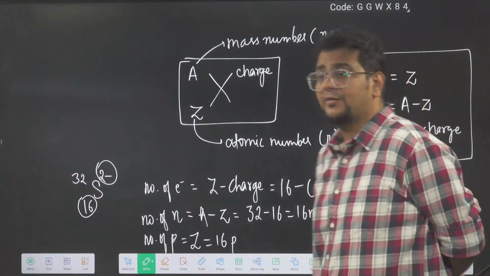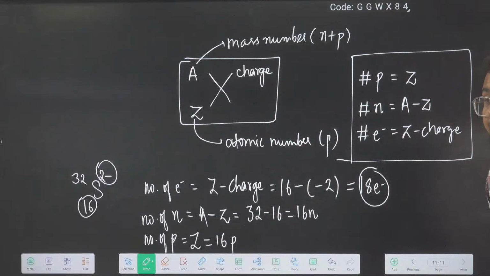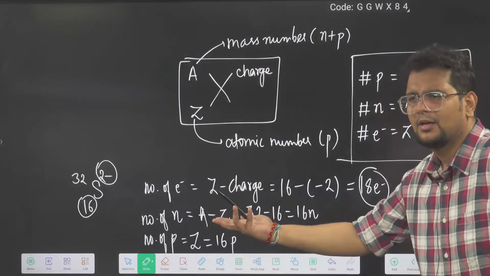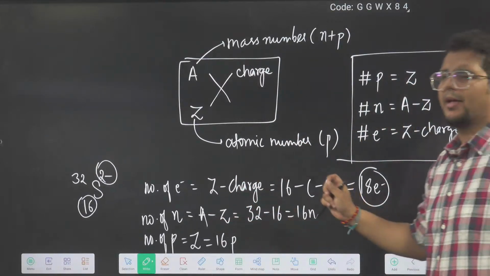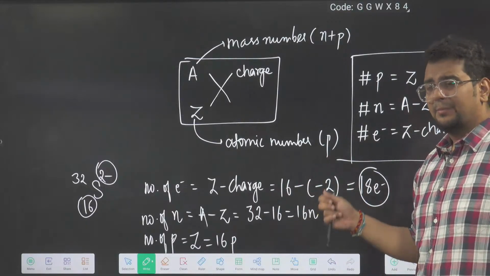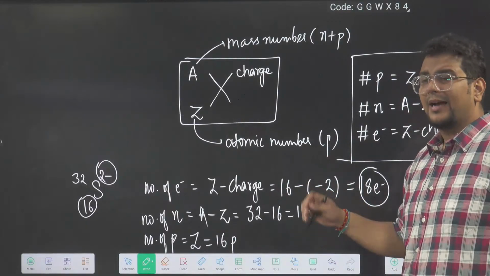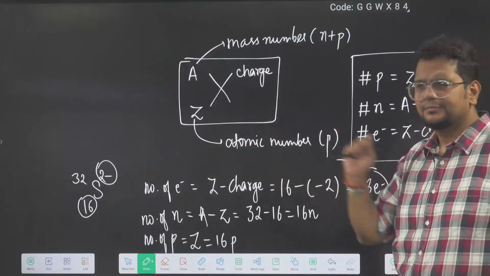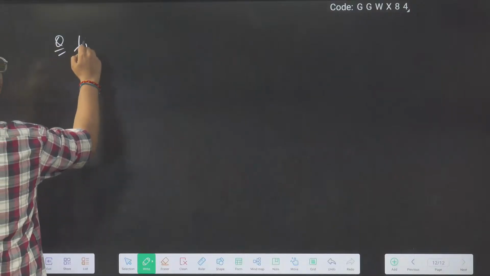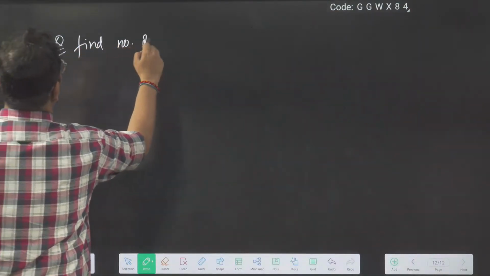Yes bhaiya, shall we do some examples now? Can we do some examples fast? This is an NCERT solved example. In the NCERT solved example, they mentioned that a species has 18 electrons, 16 protons, and mass number 32. Write the symbol. That you will solve obviously in the evening. I'll give that as homework. The question is, find the number of neutrons in